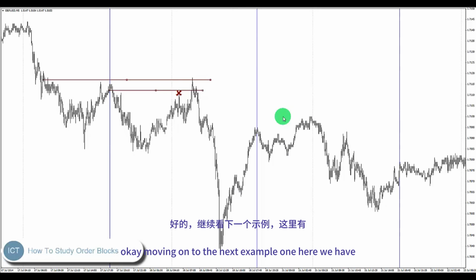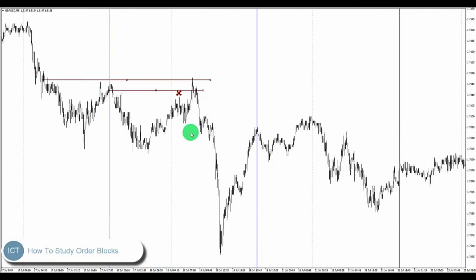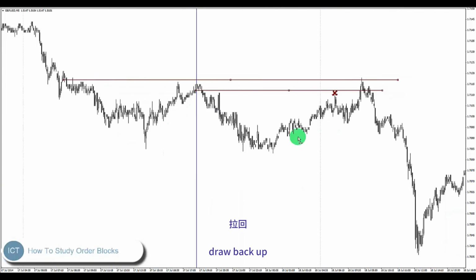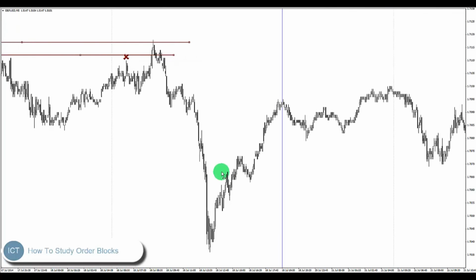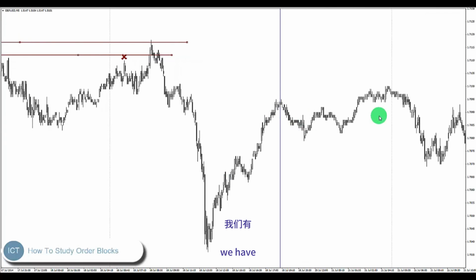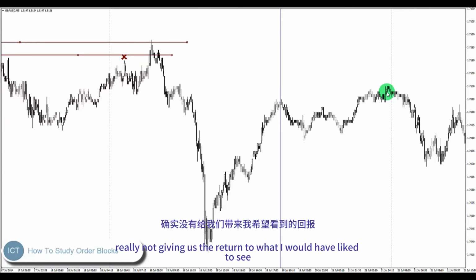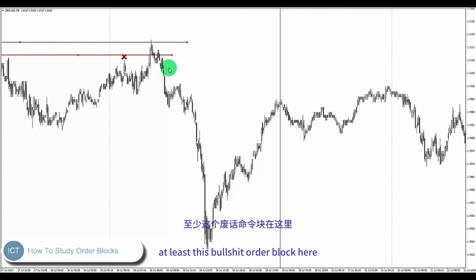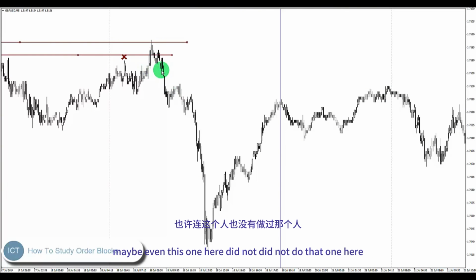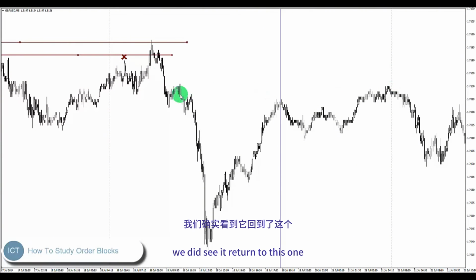Moving on to the next example in here. We have, let me draw back up. We have price in here really not giving us the return to what I would have liked to see, at least this bullish order block here, maybe even this one here. Did not do that one here. We did see it return to this one,